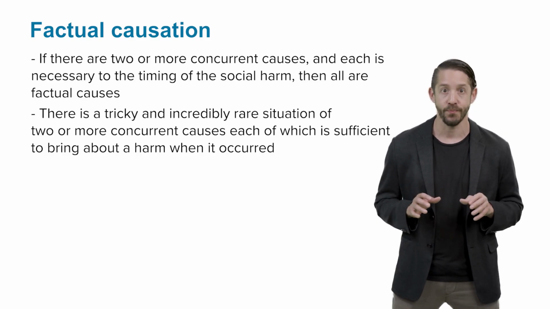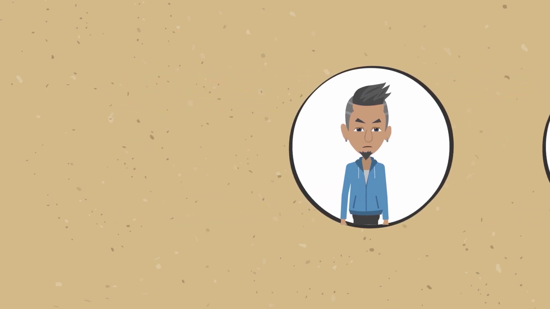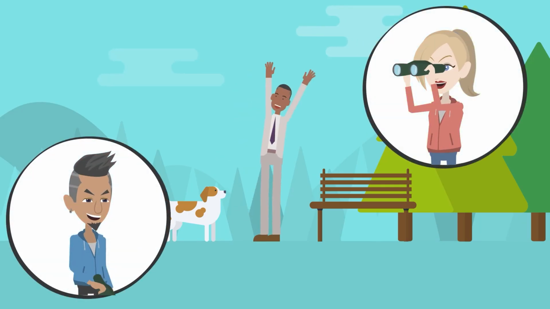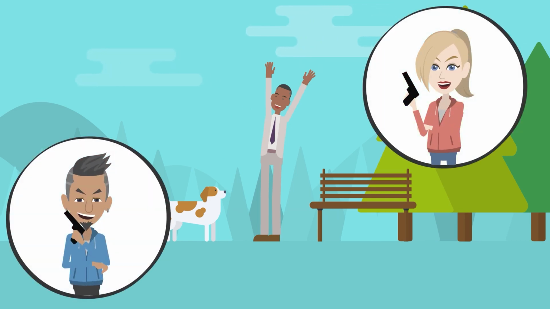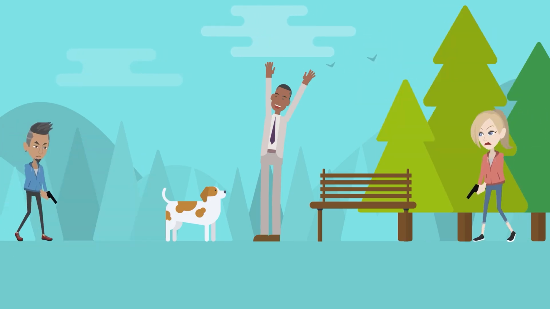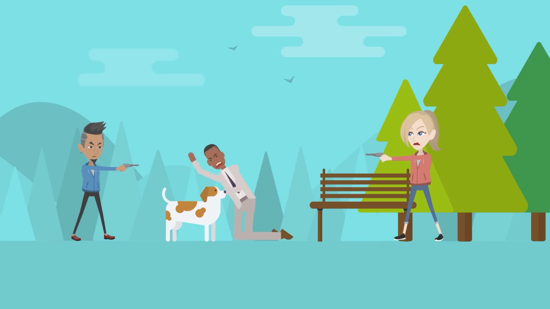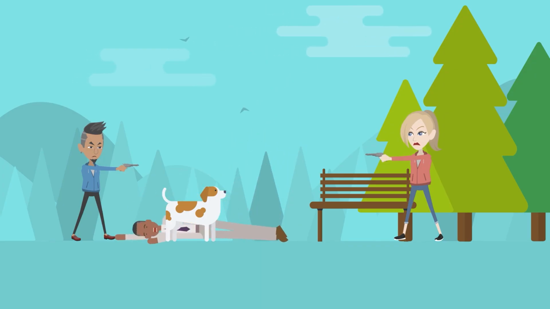Here's an illustration. Dinesh and Dahlia don't know each other, but they have something in common. Both wake up on January 1st, 2024, and decide separately that they're going to kill Vernon at 3 p.m. on the sidewalk where he normally walks his dog. At 3 p.m., both Dinesh and Dahlia approach Vernon from opposing sides of the street and fire their gun at Vernon's head at the same time. Both bullets are on target, and each would be independently sufficient to immediately kill Vernon at 3:01 p.m.